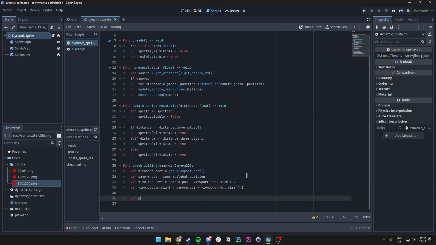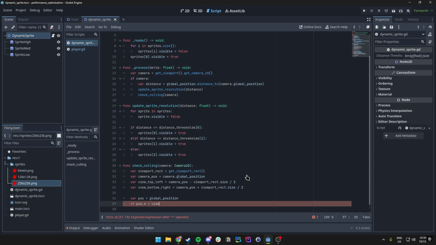So we do this by first getting the position, sorry. And then we want to do some if statements. So if the position of X will be less than the view of the top left, or greater than bottom right,